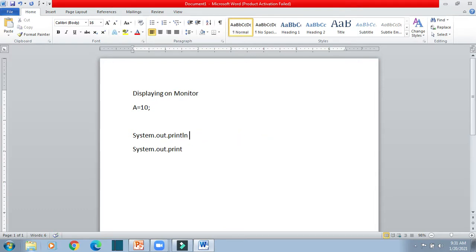System.out.print and System.out.println. In System.out.print, the computer will print the argument, but the cursor will remain on the same line after printing.